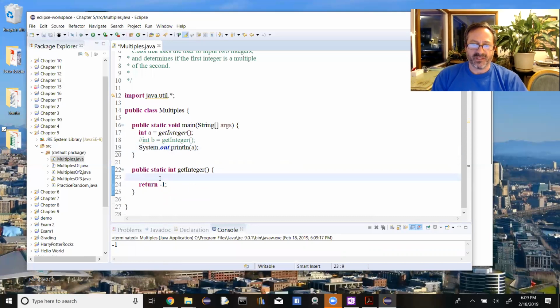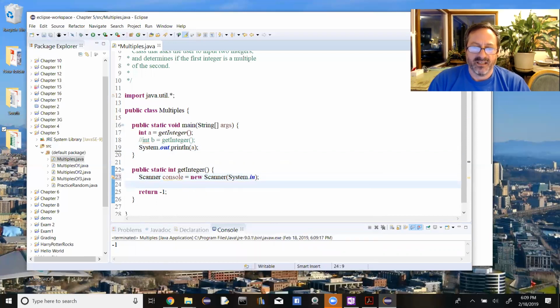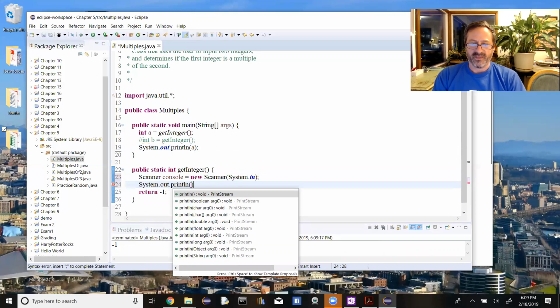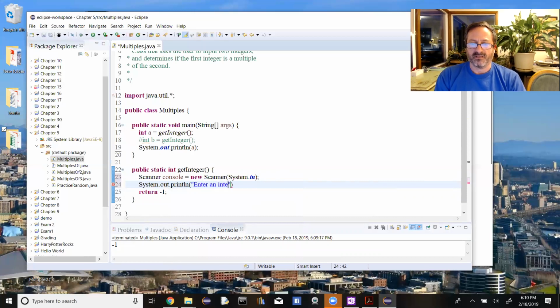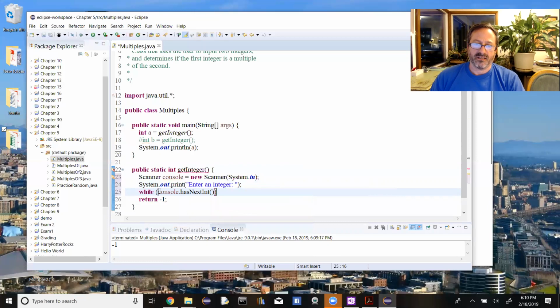Okay, so now what's involved in getting the integer? We're going to need a scanner. We're going to need to print something. So maybe tell the user enter an integer. And it's not a print line, it's just a print. And now we want to do a scanner console look ahead. So we're going to say, well, console.hasNext. Well, we'd like it to have a next integer, but we're going to say if the next thing is not an integer,